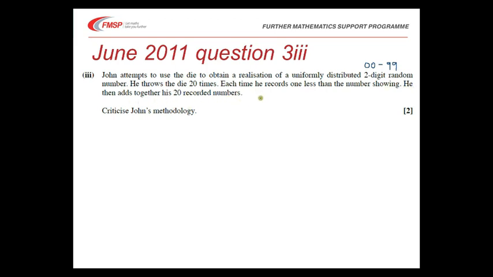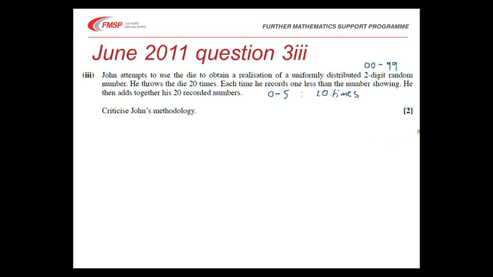Let's have a quick sketch, and I would advise, if you're answering this on the exam paper, to jot this down in the margin. He's going to score between 1 and 6 when he subtracts 1. He's going to score 0 to 5, and he's then going to do that 20 times. Possibly multiplication's not the best symbol to use there. We're not multiplying by 20. We're repeating 20 times. So if he rolled a 1 and scored 0 20 times, he gets 0. If he rolled a 5 each of those times and wrote down all 20 of those, he'd end up with